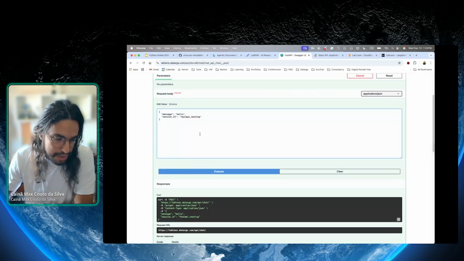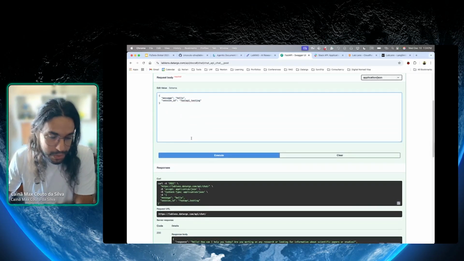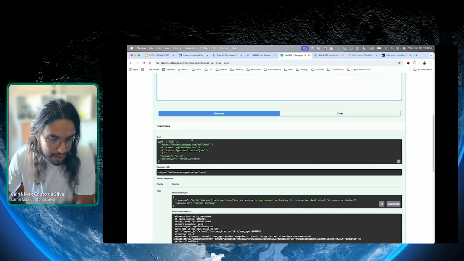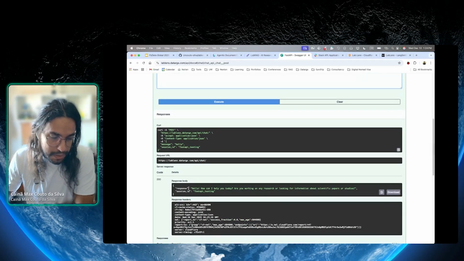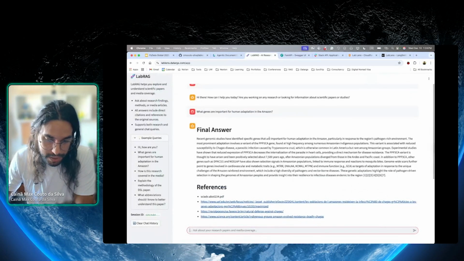We send a message, we send the session ID. So far, that's quite easy. I'm not using users or anything yet, right? So it's quite a starting application. So I have a response here, and here we have the response as well. So basically, it is going to provide the answer, and it is going to link all the